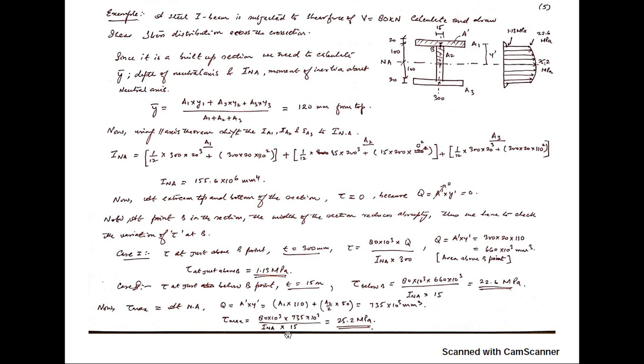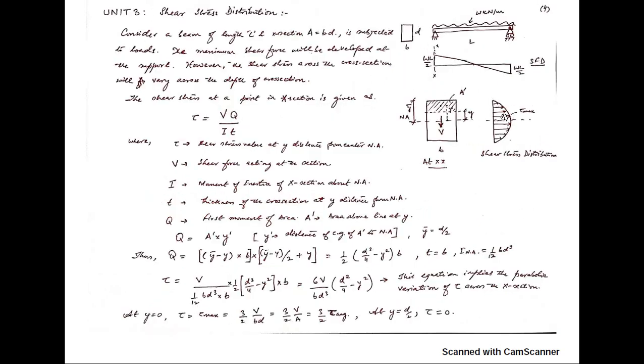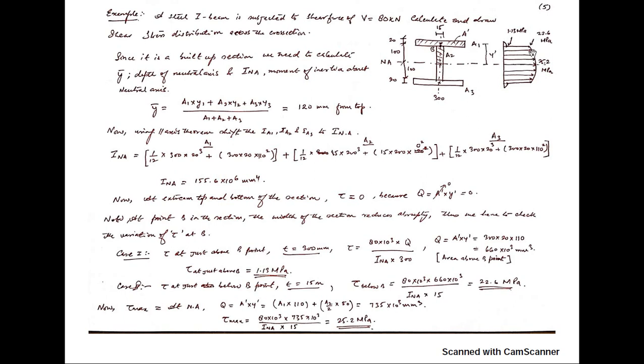Putting all the values over here, the width of the cross section here will be 15 mm. Just putting that in, we get the value of shear stress, 25.2 MPa. So this is how you can draw the shear stress distribution. You can see that the variation will be parabolic, because previously we have seen that this is a parabolic variation in the cross section. At this B point, first it is 1.13, and it changes abruptly. Why is it changing? Because of the change in the cross section width.